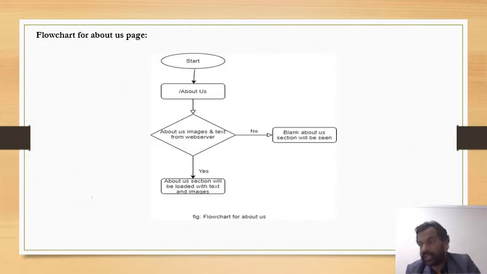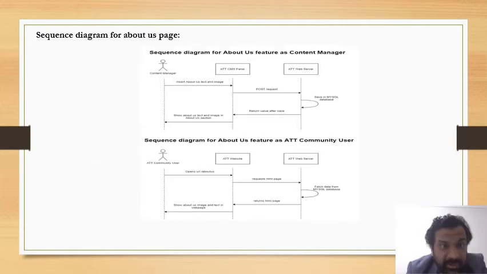This flowchart shows us the procedure of how the about us image and data will be retrieved from the database and displayed. Sequence diagram of about us page. Here we have the content manager. He first inserts the information or data to our ATT CMS panel, and then it goes to the ATT web server. From there, the server in the MySQL database returns the value after save and shows about us and